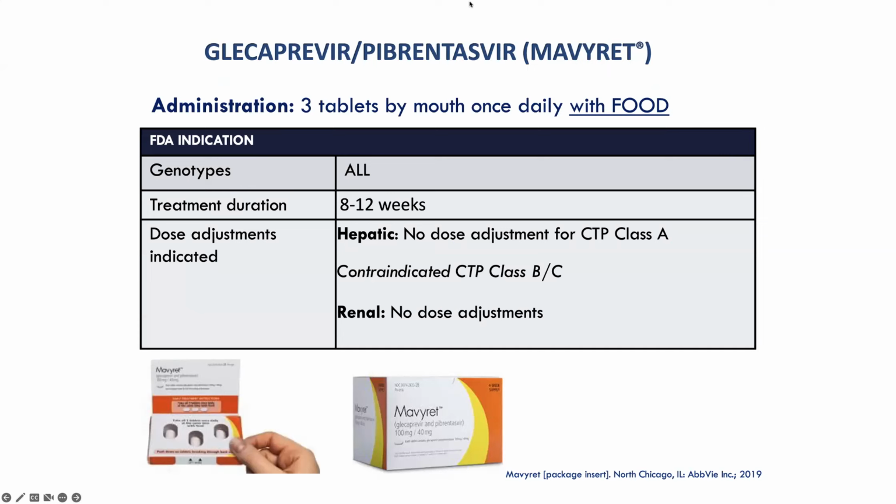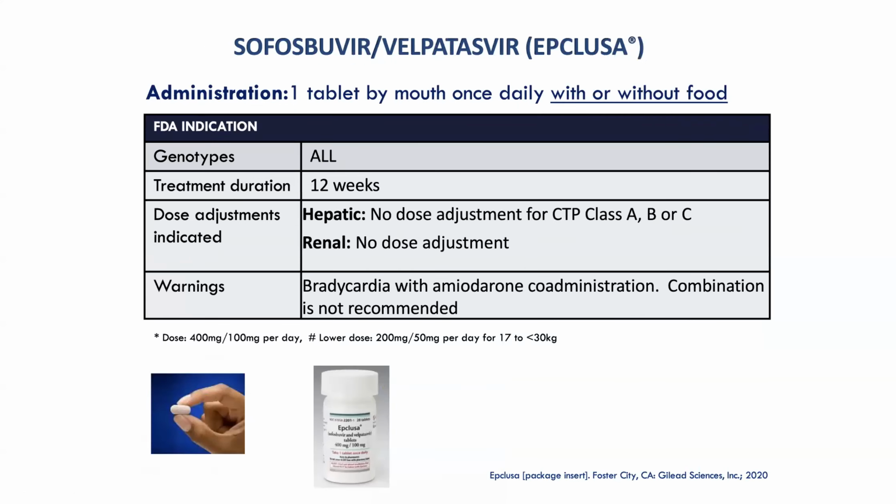You don't need to do any dose adjustments if they have cirrhosis. You don't need to do any dose adjustments if they have renal impairment. So it's really very straightforward. And shown at the bottom is what it looks like. There's 3 tablets that they take once a day for 8 weeks. So that's Mavyret. The other one is